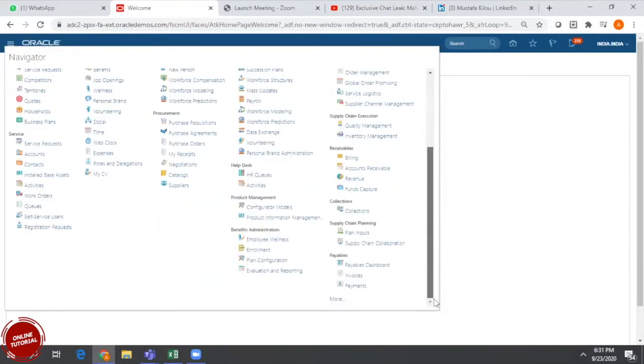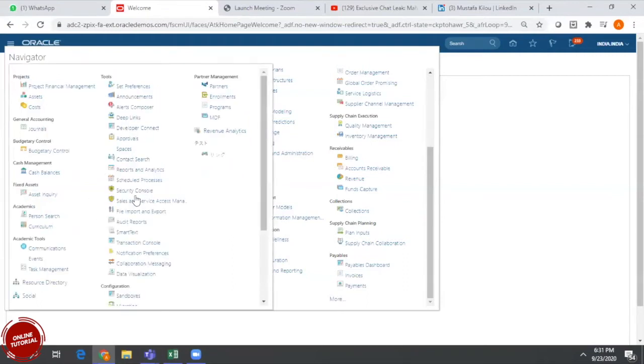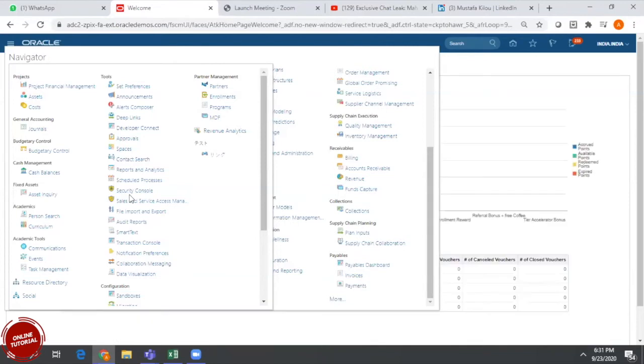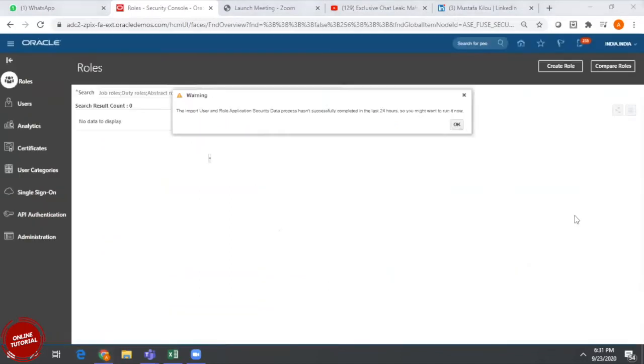If we want to create the implementation user, we need to go to Tools, Security Console. You will get this security console role if you have the IT security role. This user already has it, which is the reason we are able to get the security console.